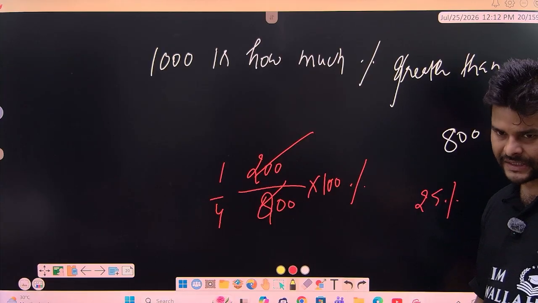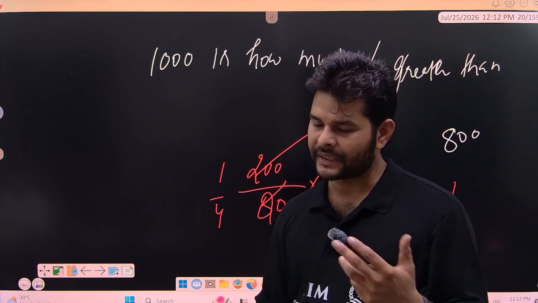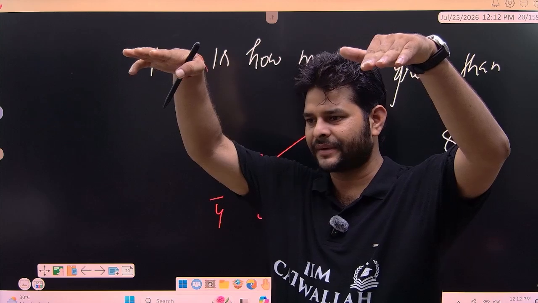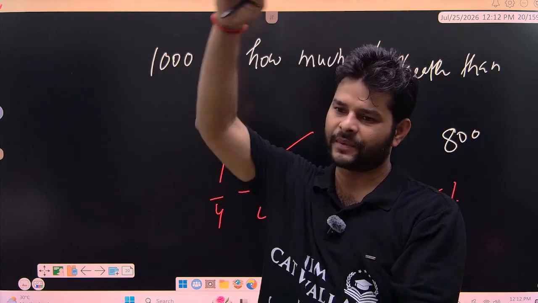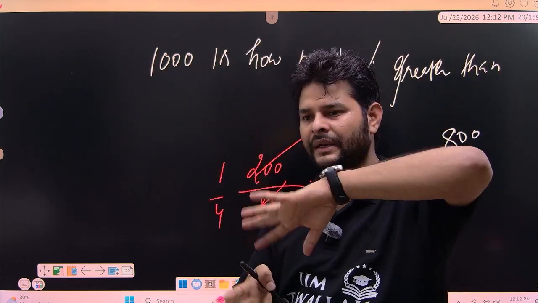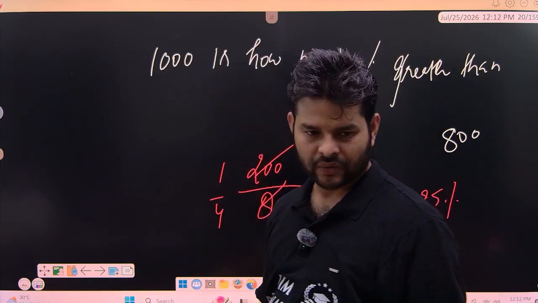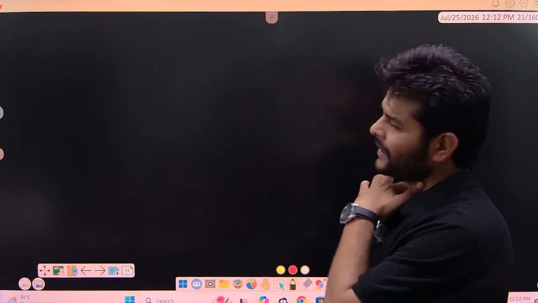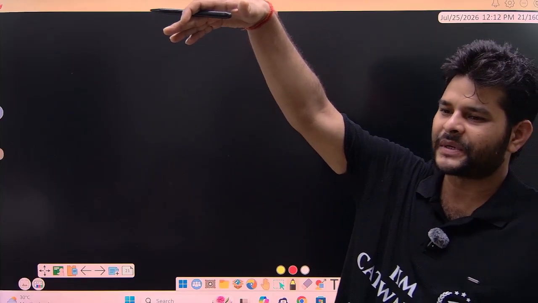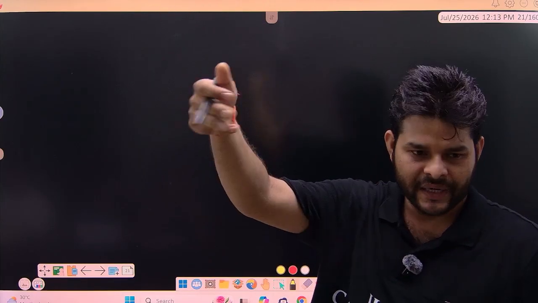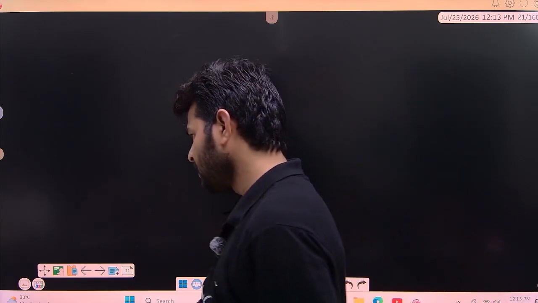So this is the concept. You need to apply that concept in each and every kind of question where it is given how much percent the value is more than, and how much percent the value is less than. Got it? And the third type, basically, that you need to apply. Now I am not going to discuss whether a value is how much percent less than or greater than, but a different type of question.